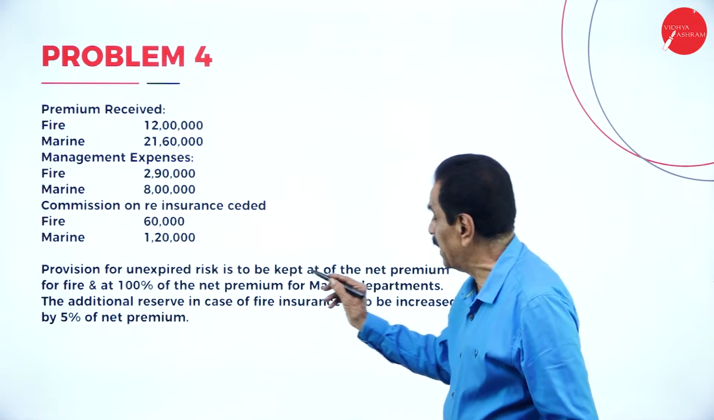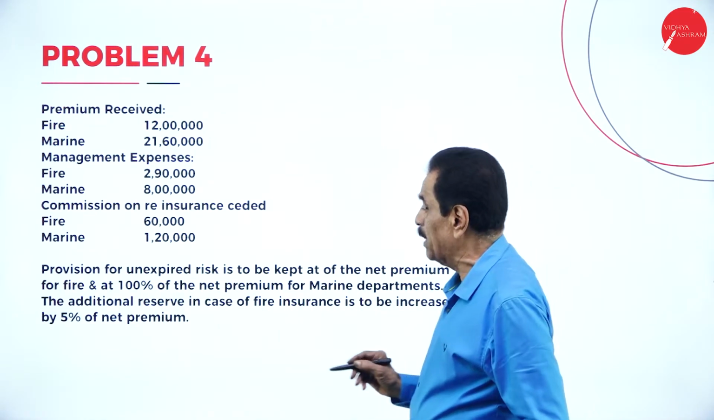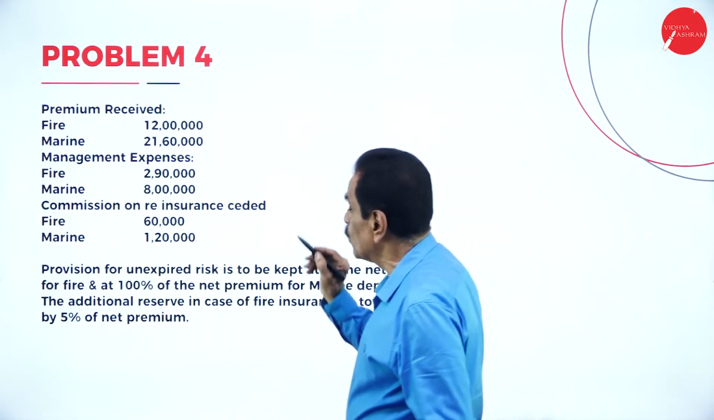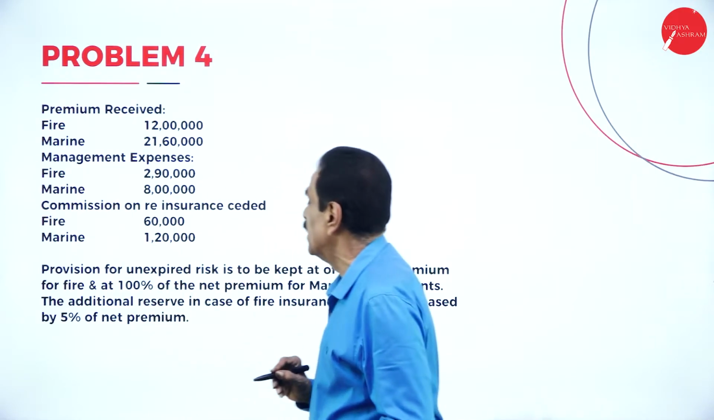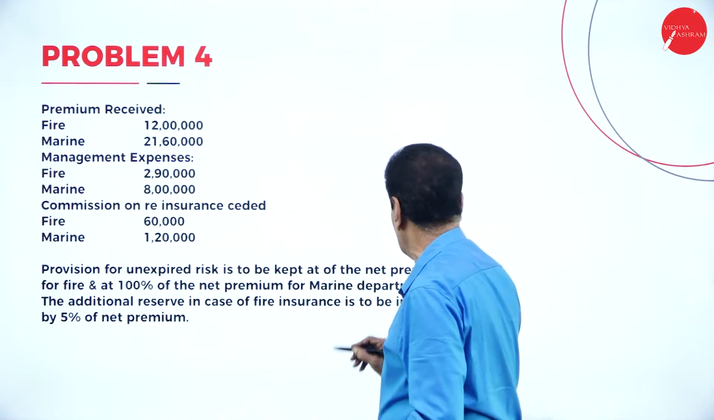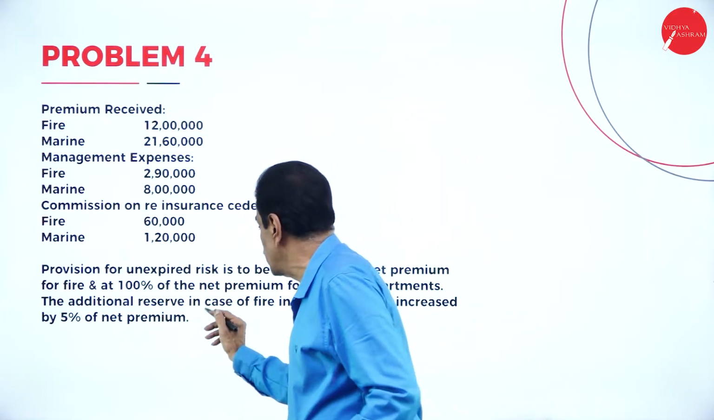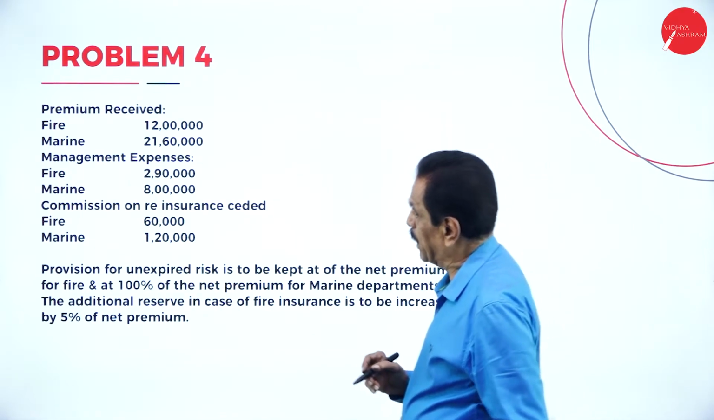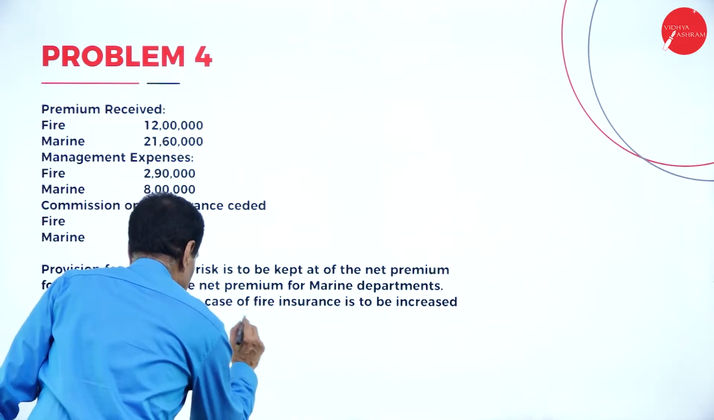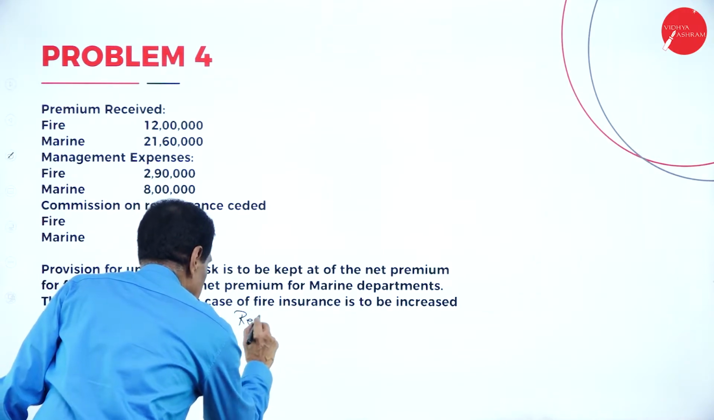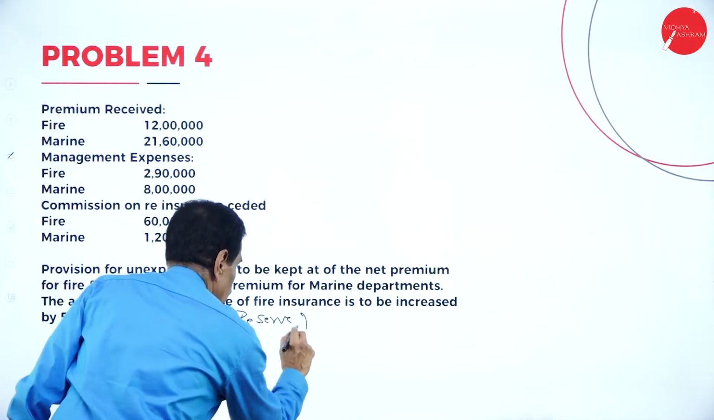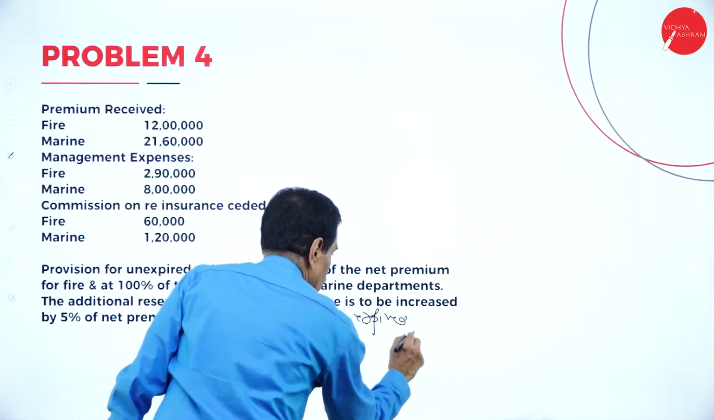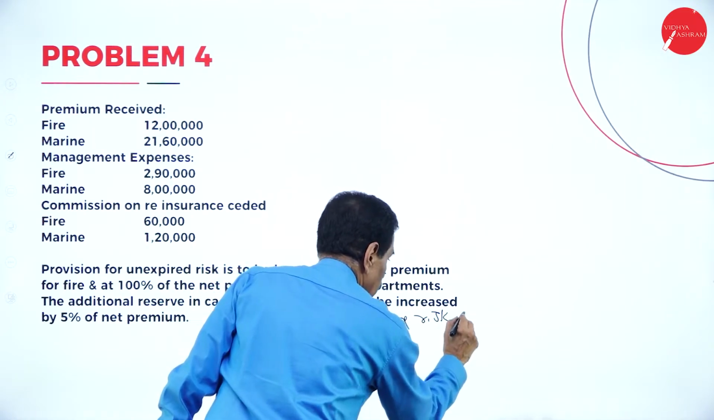Provision for unexpired risk is to be kept at the end of the year at 50% of net premium for fire and 100% of the net premium for marine. So only 50% for fire and 100% of net premium for marine department. The additional reserve in case of fire insurance is to be increased by 5% of the net premium. So here the reserve for unexpired risk